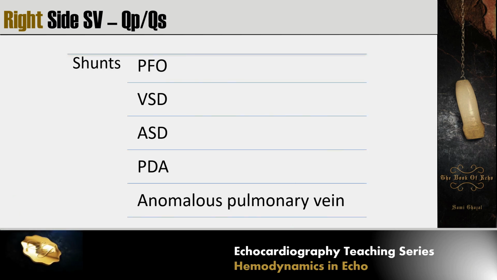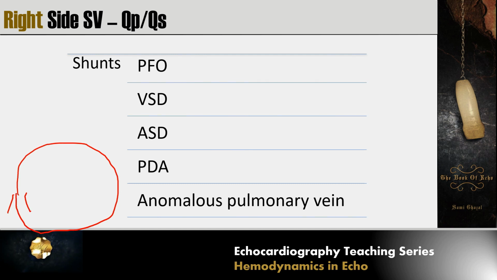So normally, the flow from the right side to the left side is continuous. So this is the RVOT, it will go all the way to the left side and back to the right side. It's continuous, so there is no communication between them. It's like a serial circuit. However, in case there is a shunt between them, now the blood will travel from the high